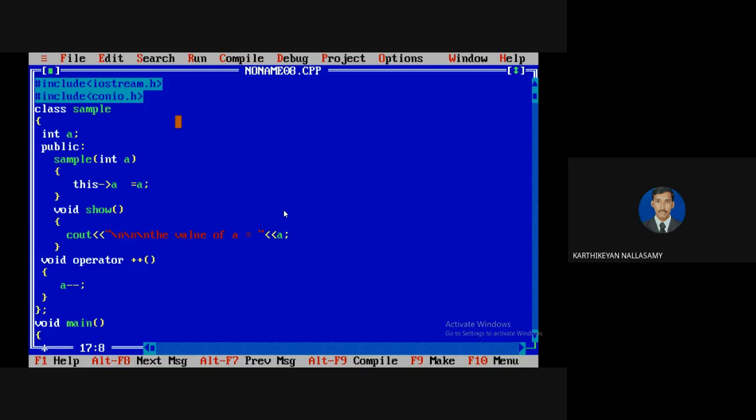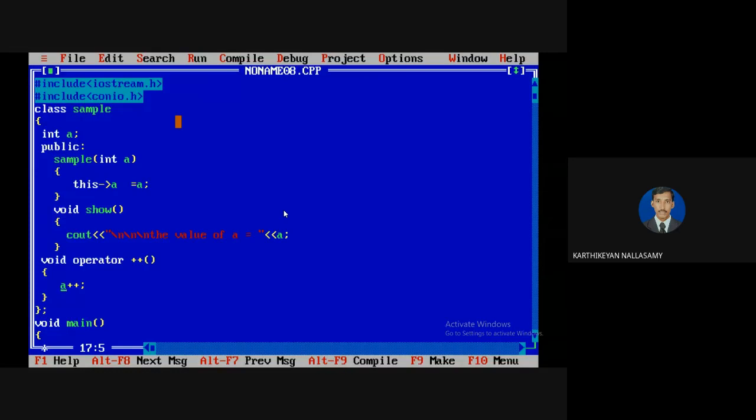Even if you put minus here, the compiler won't give any error message, but according to our statement, the operator is not meaningful. Whatever operator you apply, you can apply the same operator only for those members, and other operators you should not try to apply.